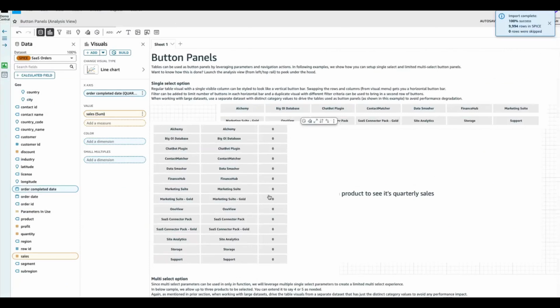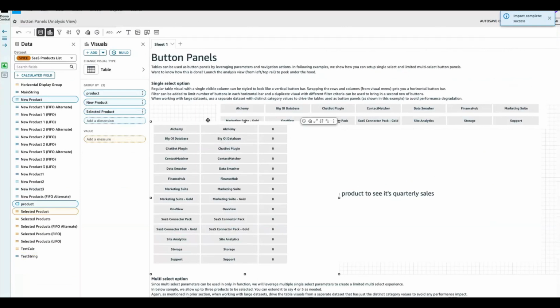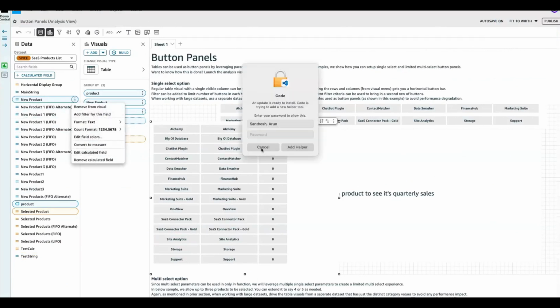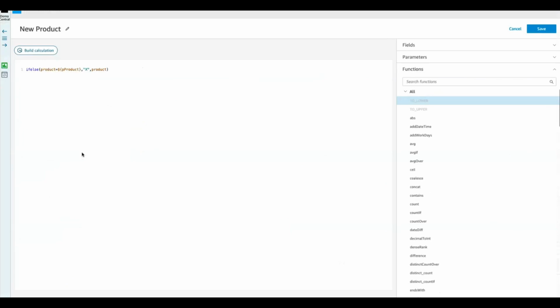Okay, so see here right now in the starting state, you'll see when the table is selected, the new product column is all having the same value as the product column. And that new product is a calculated field. It's a quite simple calculation. If I go into edit calculated field, you can see we are just looking at for each row,